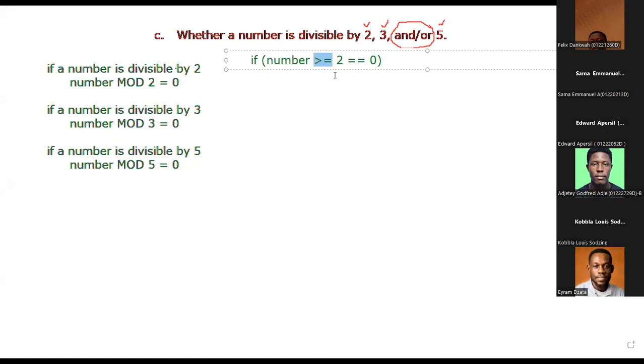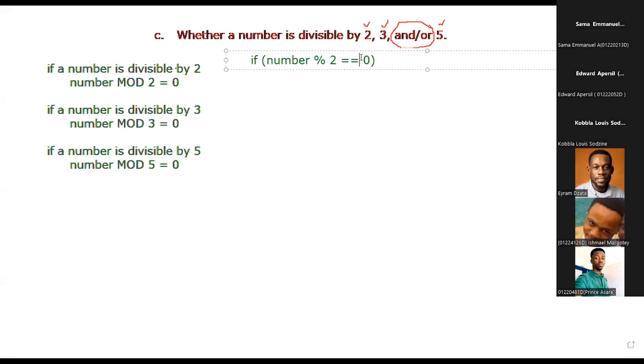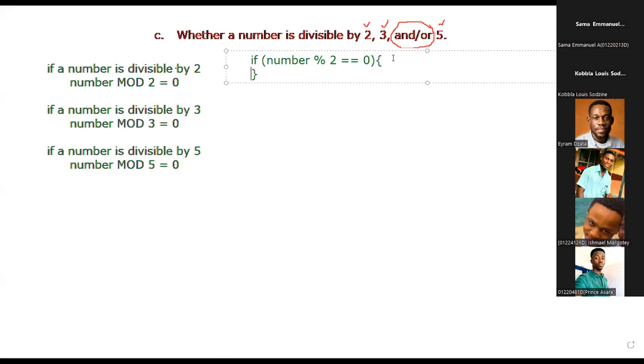So what's the modulo sign? The one with the percentage sign. Percentage, okay. Yes, someone has typed that in the chat. Okay, and then if the answer is equal to 0, this is the first condition. So if this condition is met, then we should execute the statement